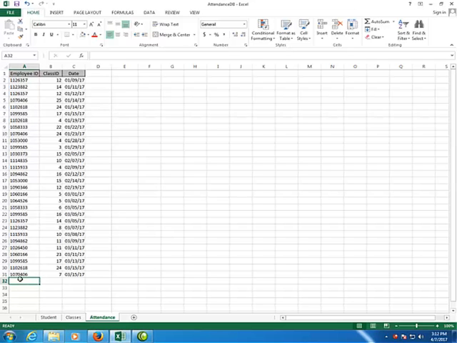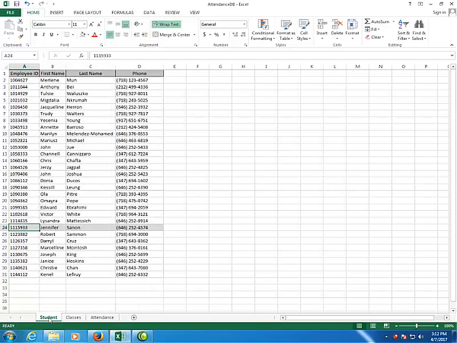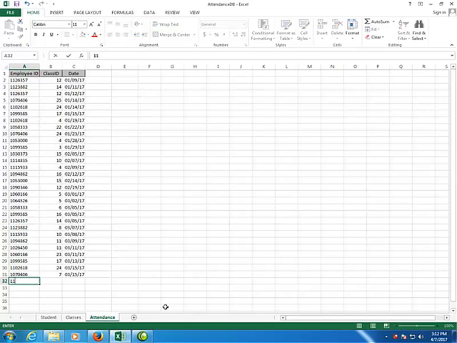Now, this is going to present another challenge, because in order to retrieve Jennifer's ID, I have to go back to my student table, look for Jennifer, and either memorize the ID or maybe I can copy and paste. Okay, but now that I know the ID, 111-5993, I can come back over here and type it in,